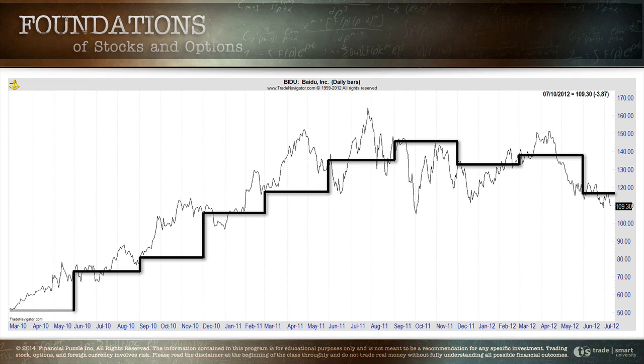And while in theory, it seems like the dark black line, the stair-step action, is what the price action of a stock should look like, in reality, the stock does something like this where it runs up and then it comes down and it runs up and it comes down. And it may or may not have any good reason for all of these big moves to be going on. And that, ladies and gentlemen, is the reason that you feel seasick whenever you study the stock market.